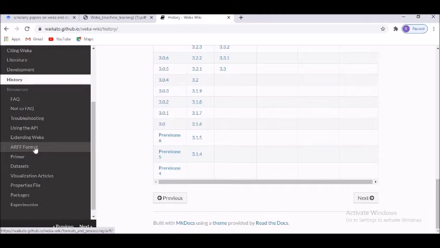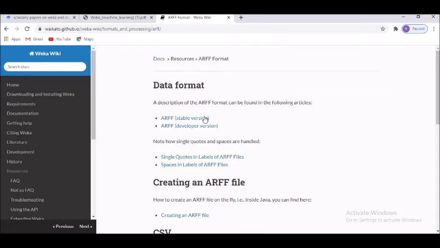So here you have troubleshooting, using the API, and extending Weka. Then what do you mean by ARFF format? Now, for example, when I was trying to work on it, I saw that apart from CSV or SAV, Excel formats or doc, they prefer the files to be in ARFF format. So here they have given you the description and how to create it, and through the software also we can take care of it. I'll be showing you that also, what exactly these are and how to take care of them.